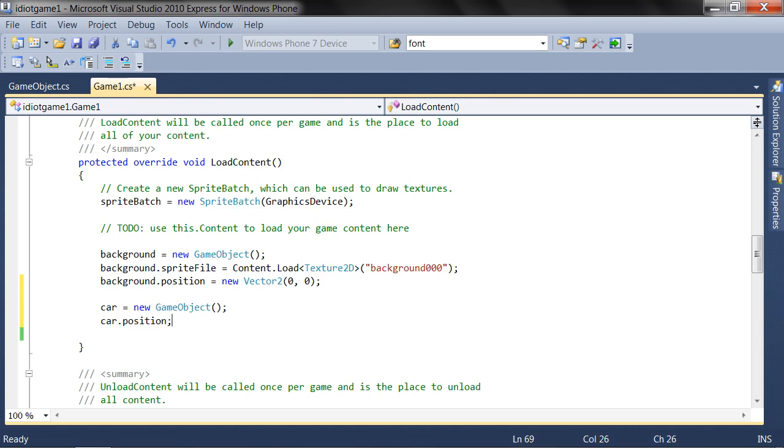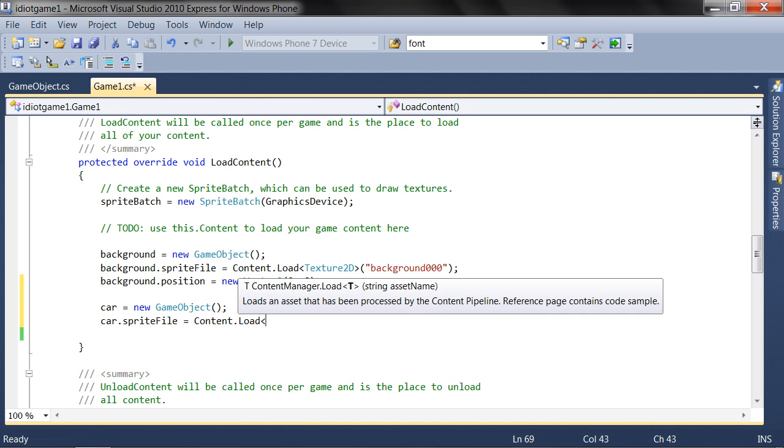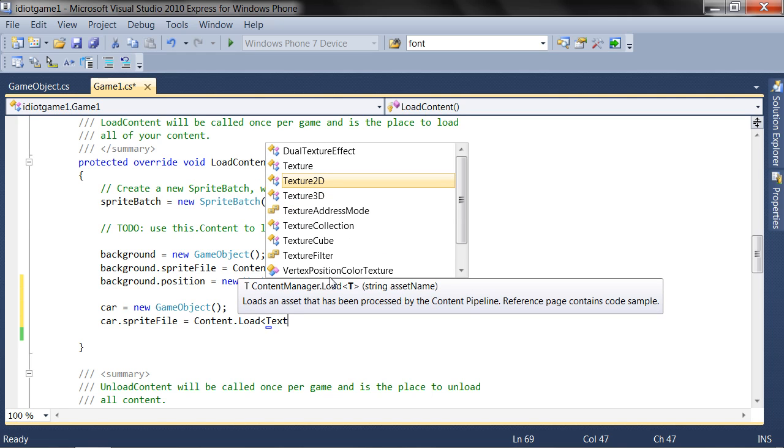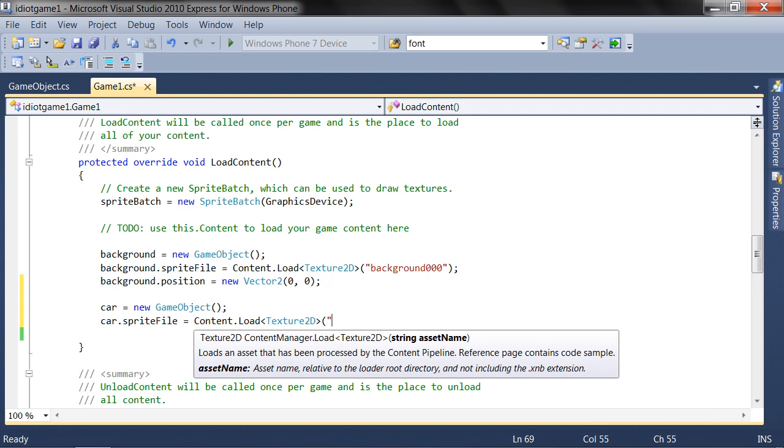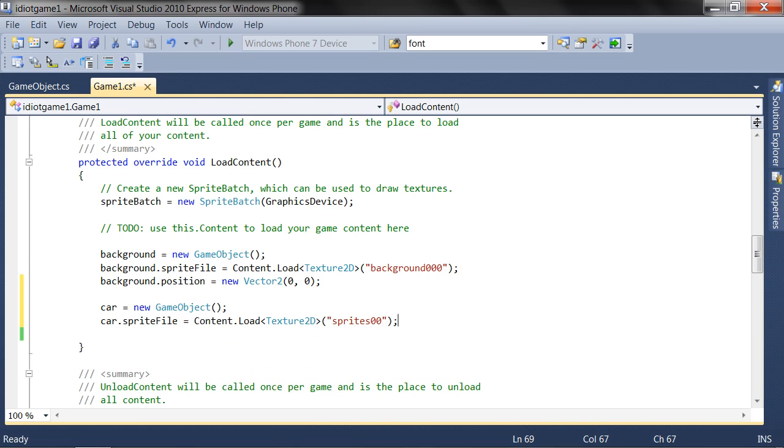The car dot sprite file equals content dot load pointy bracket texture 2D. I can't spell texture 2D. Then we refer to sprites 00 and